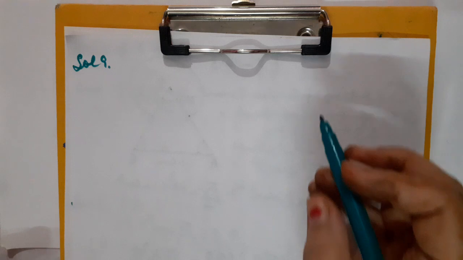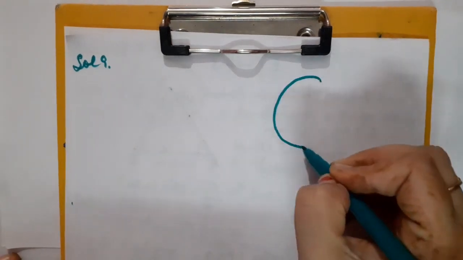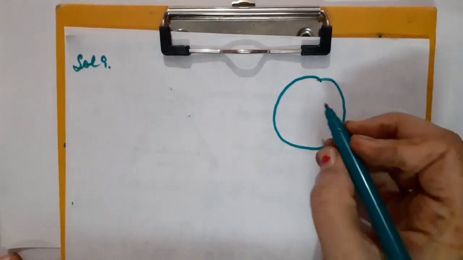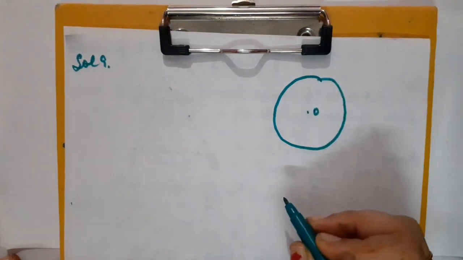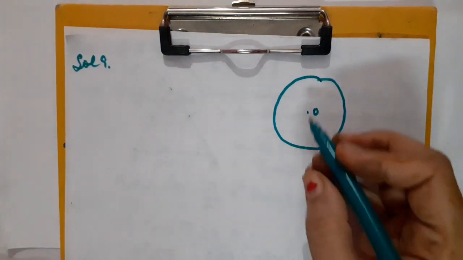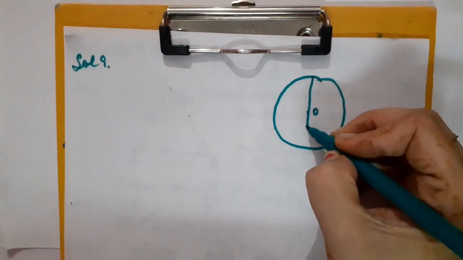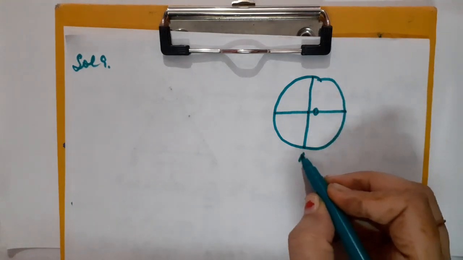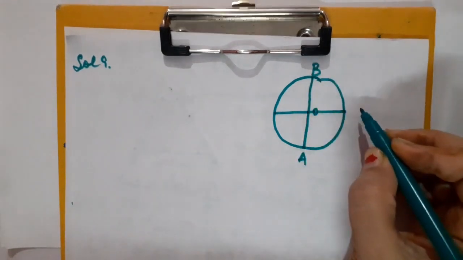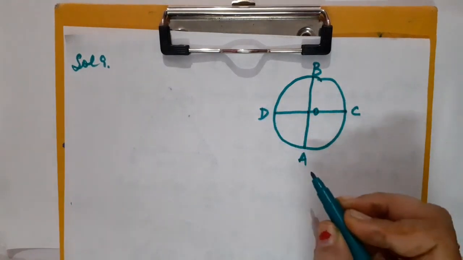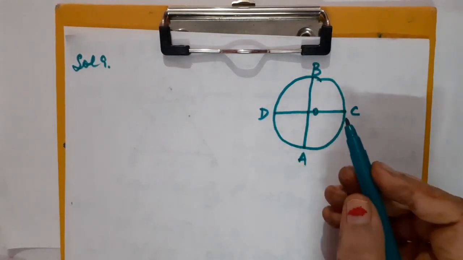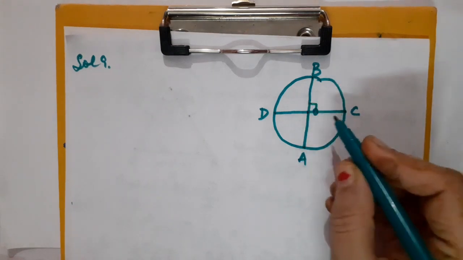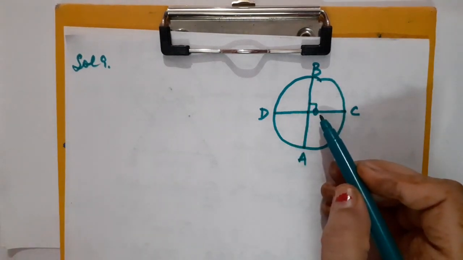Please be alert. In the given figure, AB and CD are two diameters of a circle. Here I am going to draw a big circle, whose center point is O. It is said that AB as well as CD, they both are diameters of the circle. So as the names are given in the figure itself, this is AB and this is CD. They both are diameters of the circle with center O. They are perpendicular to each other, means they are definitely going to form a 90-degree angle over here.